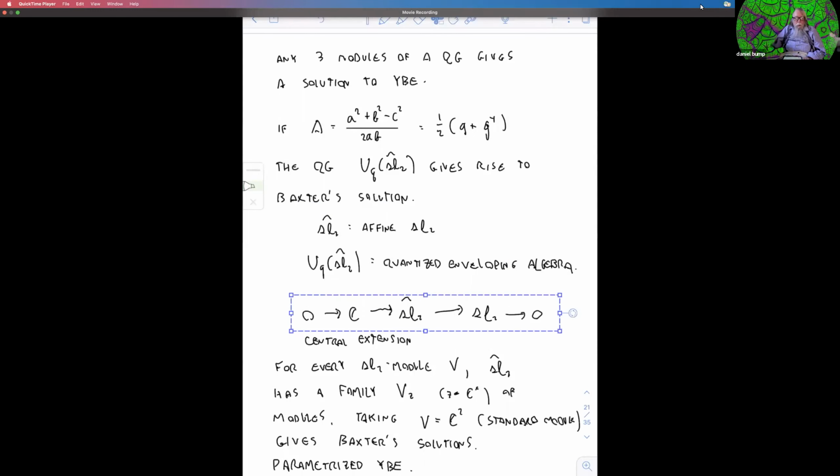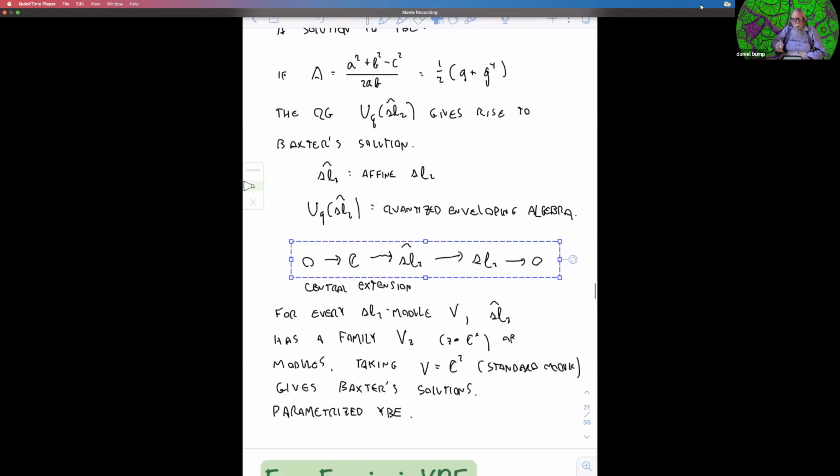I didn't mention that, but anyway, it's a central extension of SL2. And because you have this center, there's a parameter that you can tune. So if you have an SL2 module, like the two-dimensional standard representation, and then you have a complex number, you produce a module, and